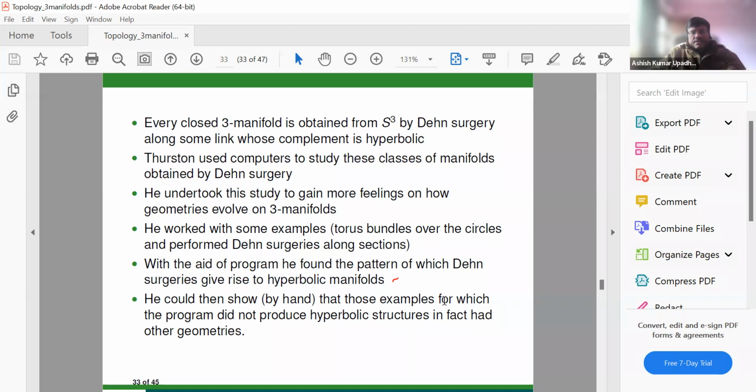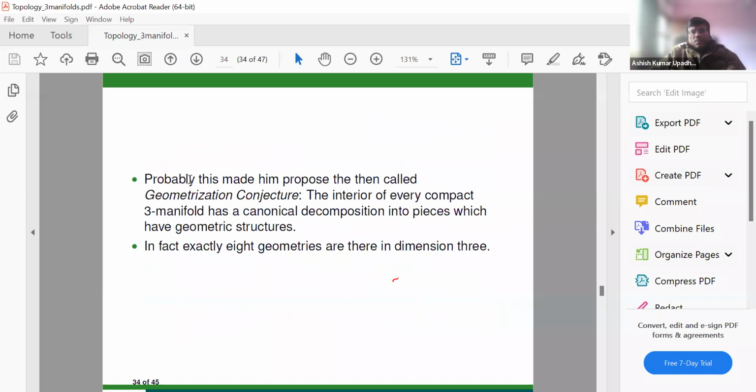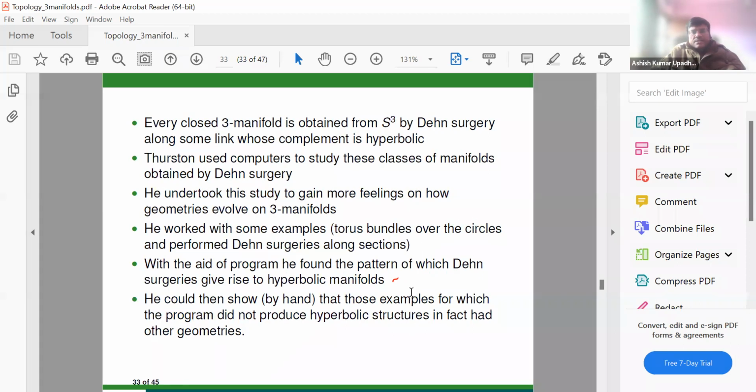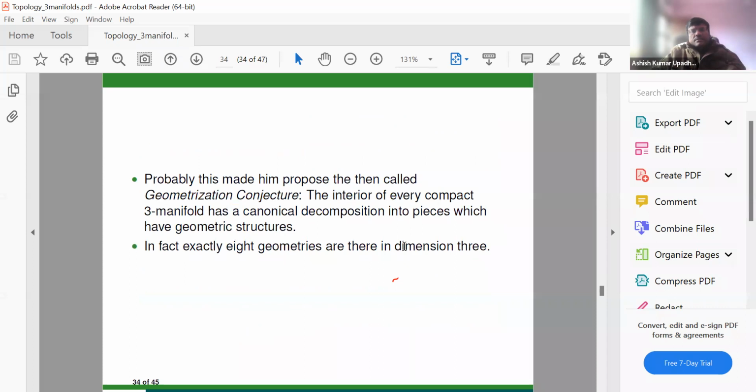So the pieces which did not have hyperbolic structures actually had other geometries. There were different geometries. Okay. So probably this made him propose the then called geometrization conjecture. All these calculations and studies, I think, made Thurston propose the conjecture which was named